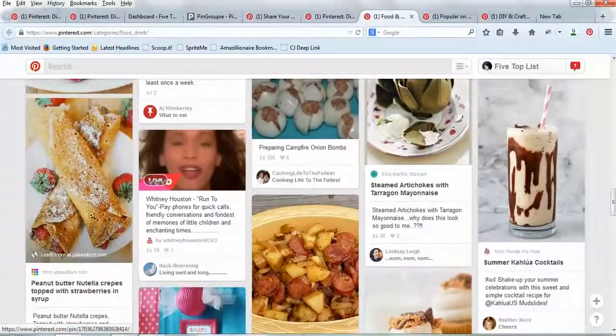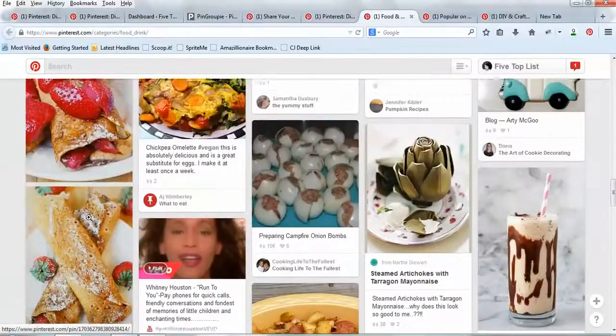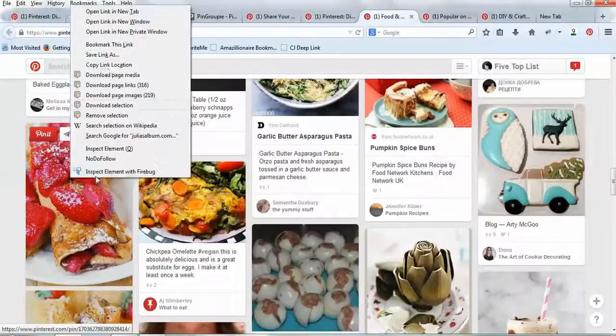Always up for what looks like strawberry. Oh, it's peanut butter Nutella crepes with strawberries. Okay, so my